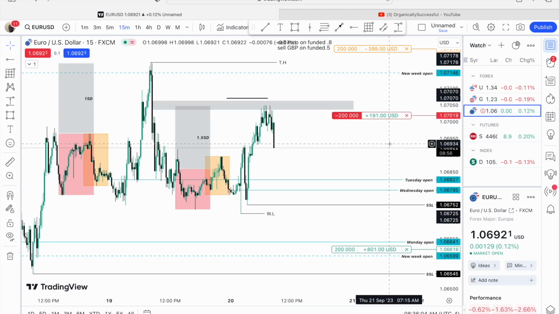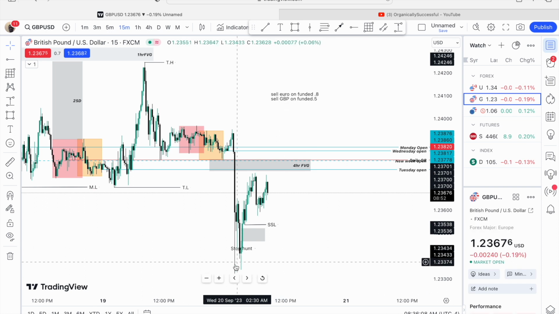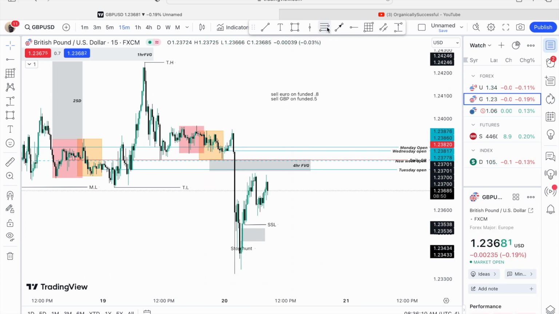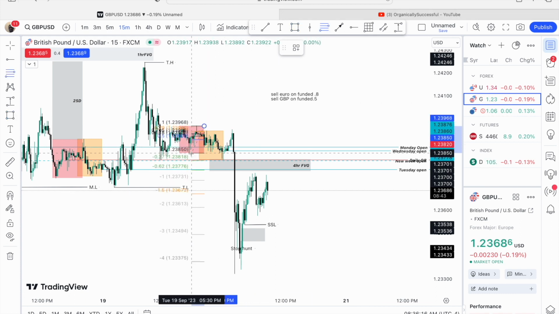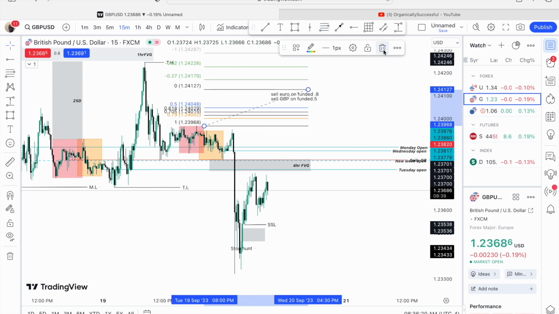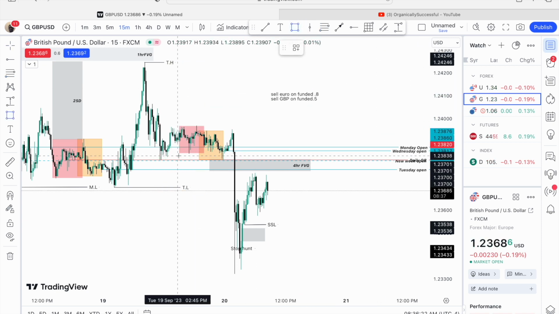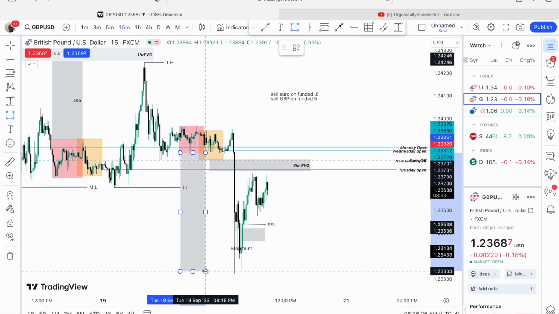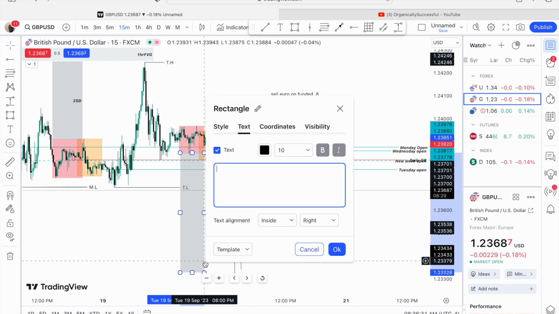Pound showing relative strength because we already traded down to the low for the day. I expected that for pound here, because this actually went 4 standard deviations down. Let me just run the fib. I actually did this already in the video earlier. It went a little beyond 4 because maybe Germany. We had CPI for pound, and that's why we had a big sell off at 2. So we went as far as 4 down for pound,